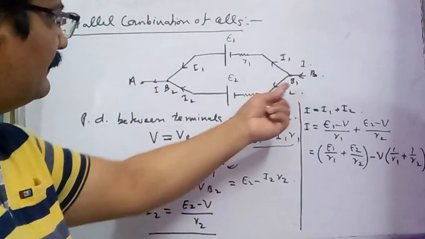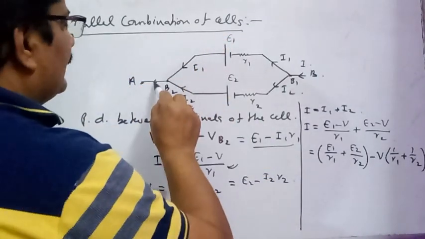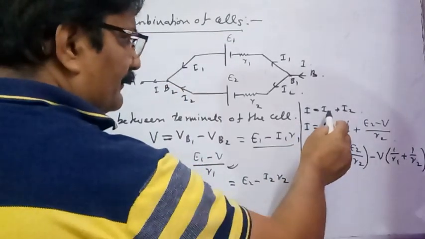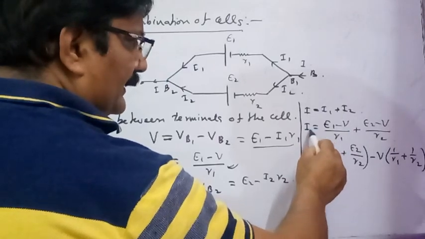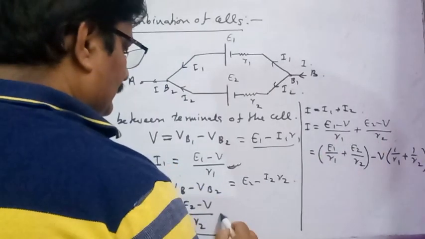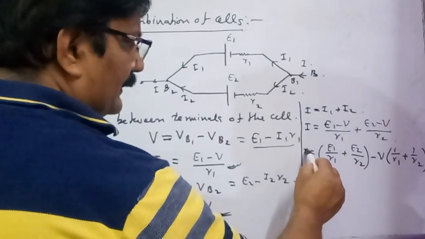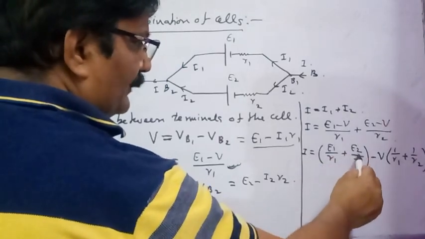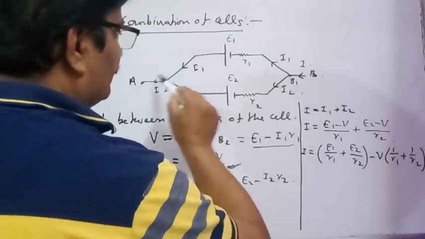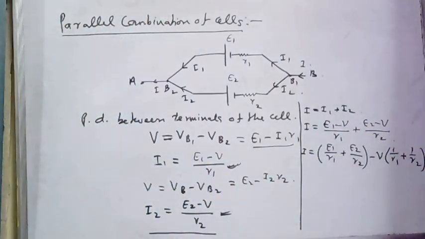Then what is the total current flowing in the circuit due to both the cells? The total current in the circuit, I, is going to be the sum of these two currents. I is equal to I1 plus I2. If we put the values of I1 and I2, the total current in the circuit, I, is E1 minus V by R1, this current, plus this current I2, E2 minus V by R2. If we solve, the total current in the circuit, I, is going to be E1 by R1 plus E2 by R2 minus V, the common potential difference between two terminals, multiplied by 1 by R1 plus 1 by R2. After solving this,